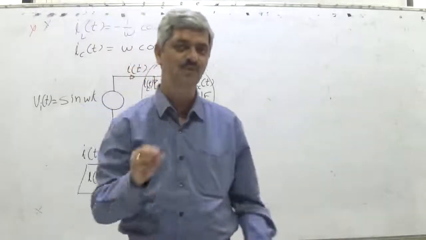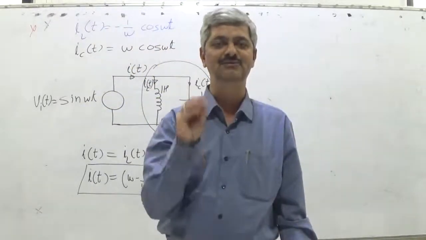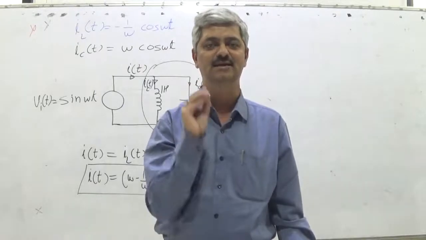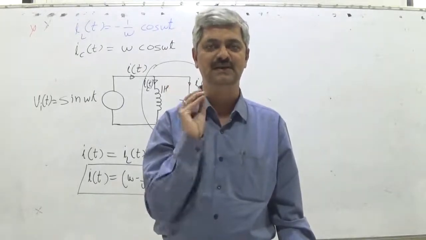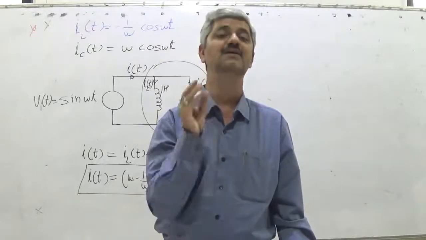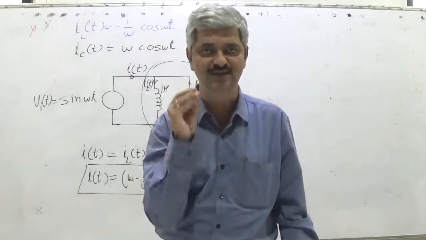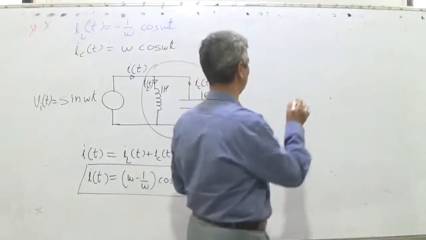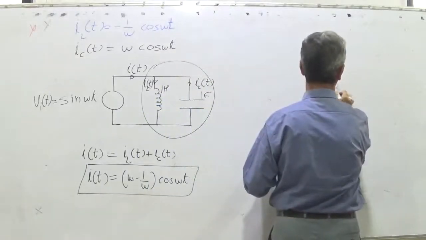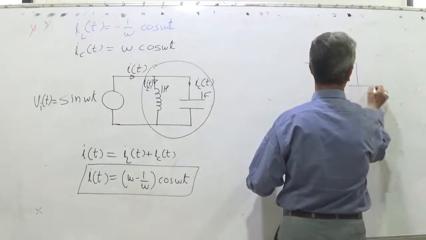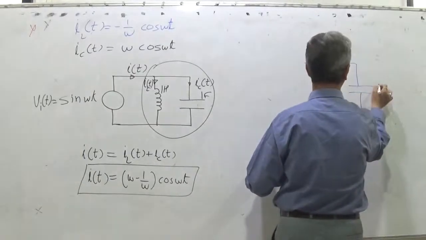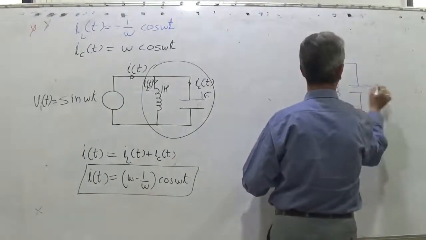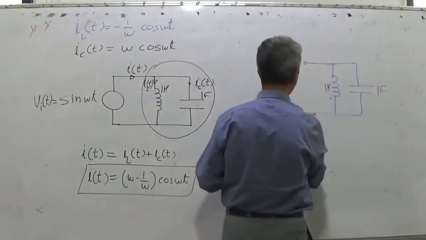The question is, what is the effective impedance of the LC parallel combination? We start with L equal to 1 Henry and C equal to 1 farad. This is what we want to find out. 1 Henry, 1 farad, so net impedance